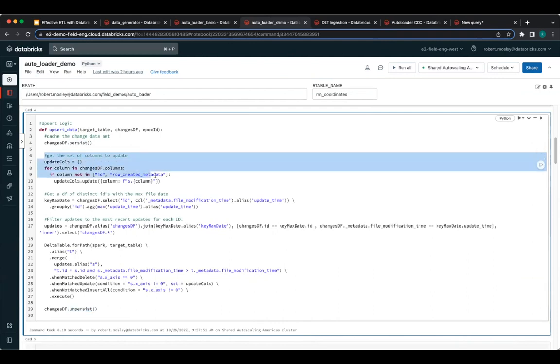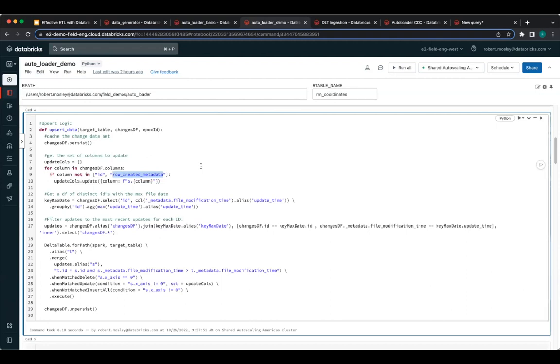So what I'm doing right up front is I'm going to determine which columns I want to update as I merge data through. What you'll see here is that I'm grabbing all the columns from that data frame, but I'm filtering out the ID column and the row created metadata. I don't really think it's necessary to filter out the ID, but I'm showing the use case here that when you're merging on an ID, you don't have to update the ID because the ID is the primary key that you're merging on. What I'm showing here is I'm capturing that original row created metadata, and I'm not going to